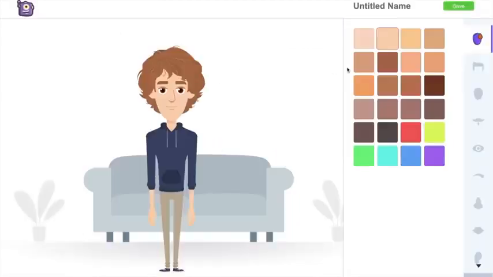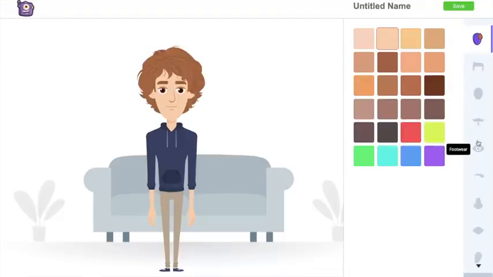So on the right hand side you can see you have options to change the skin color of this character. As I'm fine with the current color, I'm going with this. And at the right hand side you can see you have a lot of different options to change different parts of the character. If I want to change the hair, I can change the hair. I have options to add wrinkles. I have options to change the nose, lip. I can add a lot of different attires, a lot of different wearables to this character.